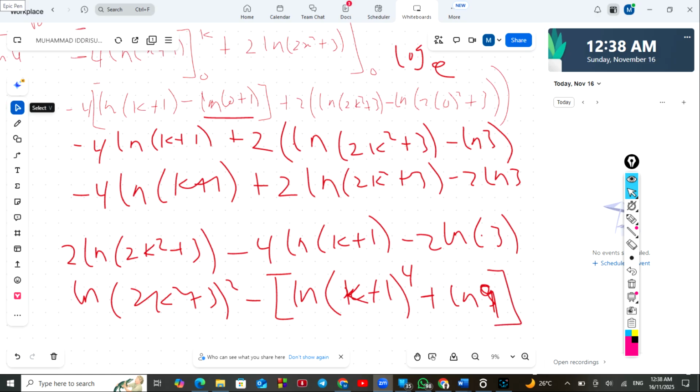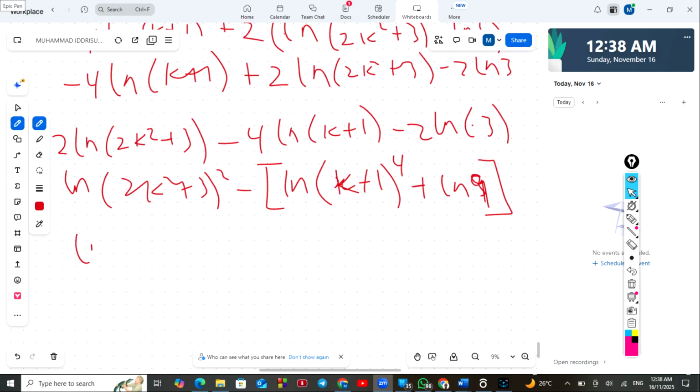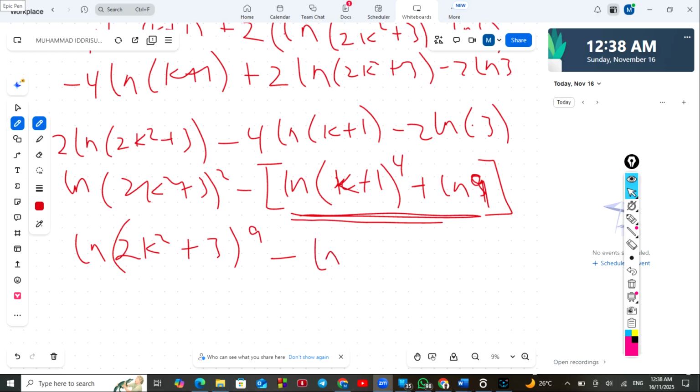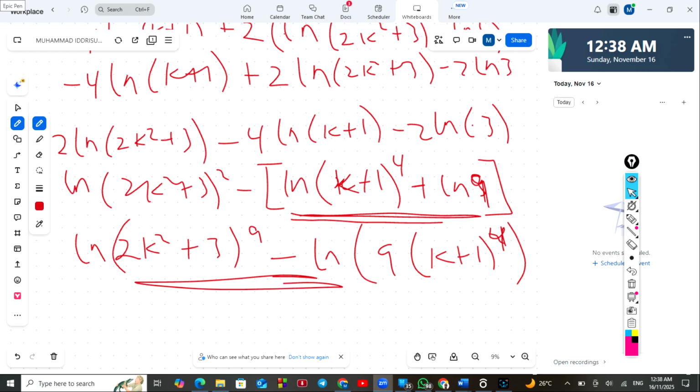So if we apply the properties of logarithm, we have ln of (2k² + 3) all over 9 minus... so these are added, so we can just have it as ln of, since we have addition between logarithms, we multiply the terms, 9(k + 1) all to the power 4. And here this division is subtracting, so since they are subtracting, we can divide. So this is equal to